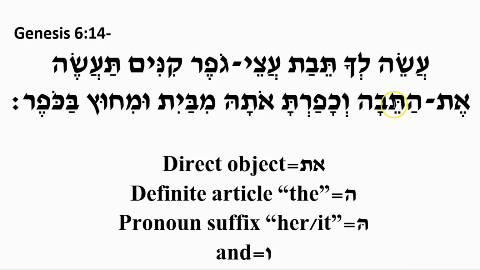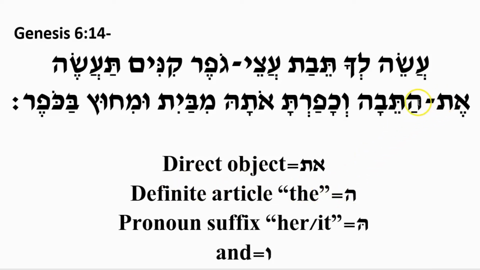Okay, so we have an et, and we have this word, ota. So this ota is really et as well. It's et with a pronoun suffix attached to it. So let's go back. Et hateva, we learned that the prefix hey is the definite article, the.